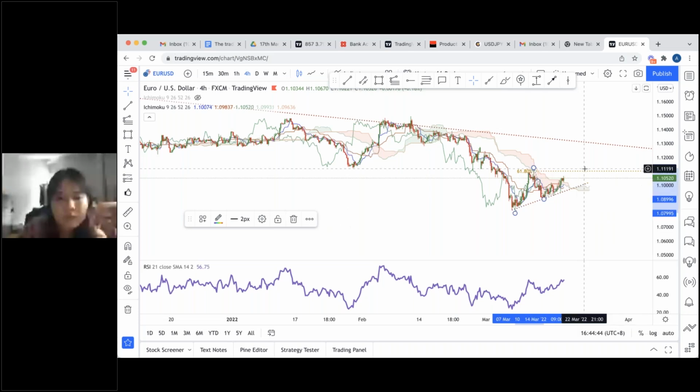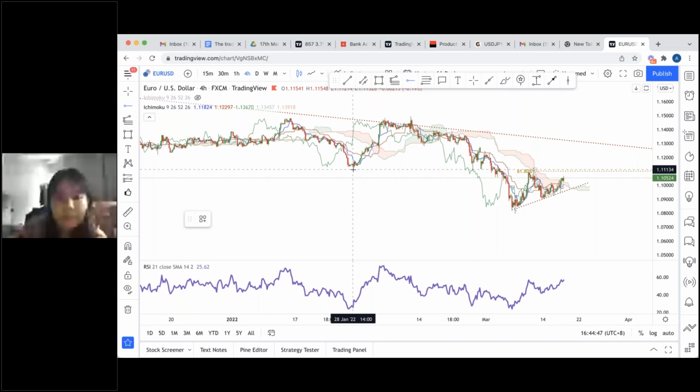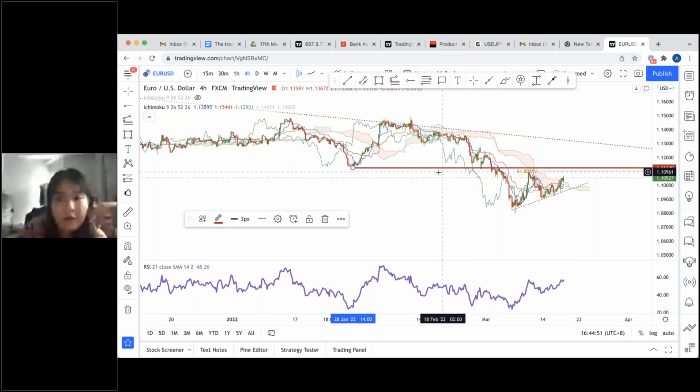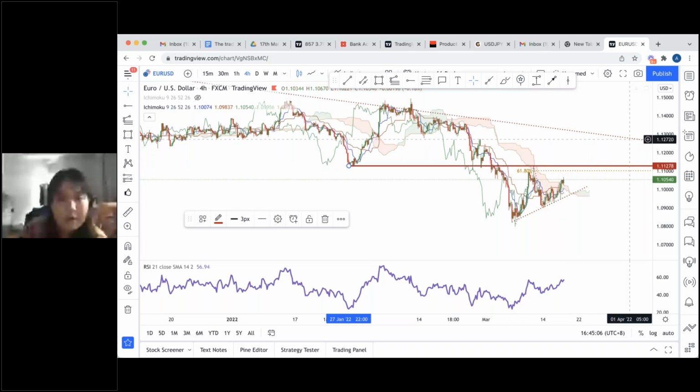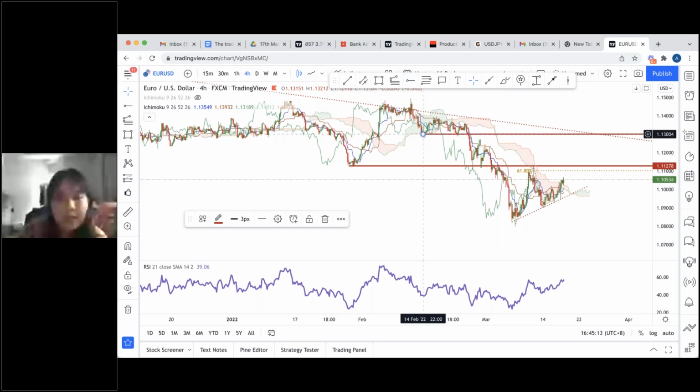towards this level. Perhaps I would watch this level. If it breaks, it means that it might reach all the way to this descending trend line. If it reverses, then it will retest this ascending trend line support. So this is what I think about Euro USD. If it breaks this line, then the next level that we will watch for is actually here. It's a level of resistance as well, and also in line with our